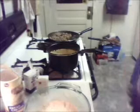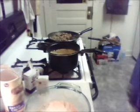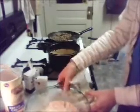I'm going to go ahead and get our side dish going for this too. It's really not a side dish, it's just some bread. Some English muffin. So I'm going to do up with some olive oil, some garlic, and